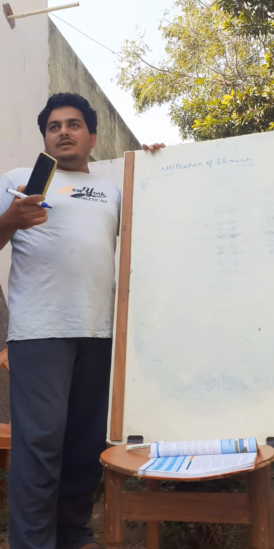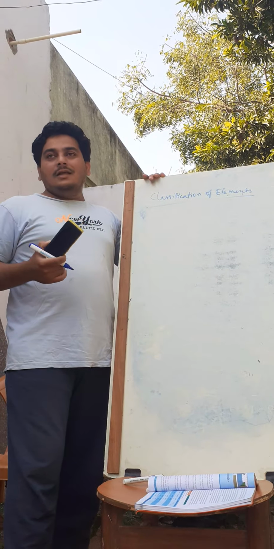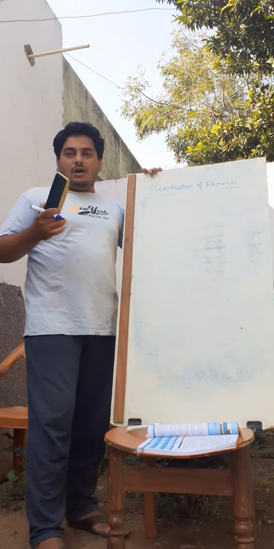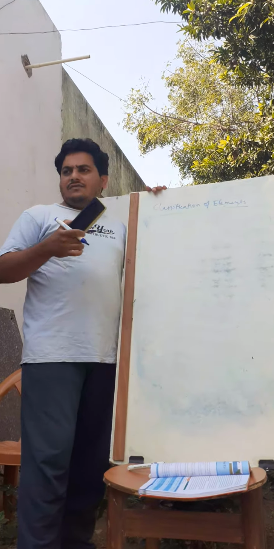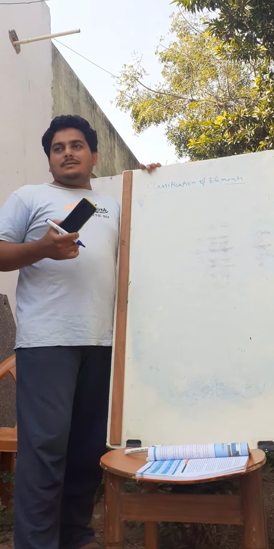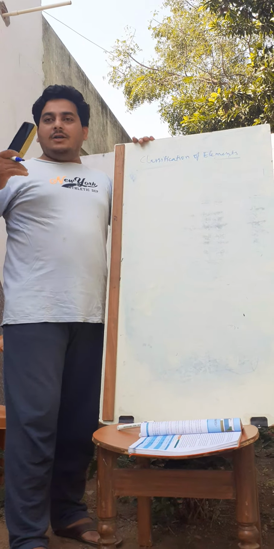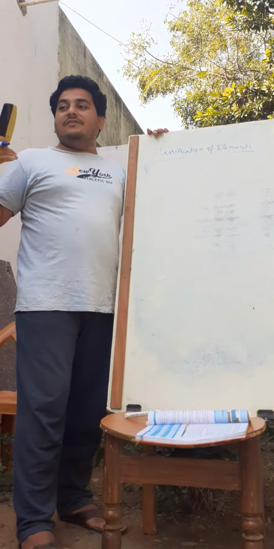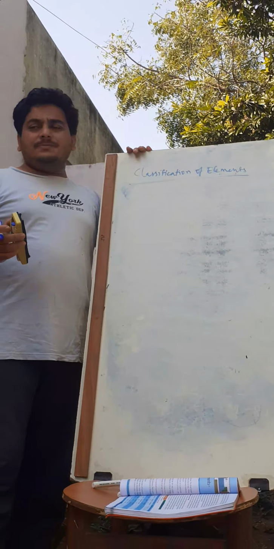Many scientists were involved in making the element table, but we are taking only a few concepts. Robert Boyle and Lavoisier are there, and many others also gave their own tables, but we are not learning about them. We are learning only the few that are important for making the modern periodic table. The first person we take into consideration is Dobereiner.